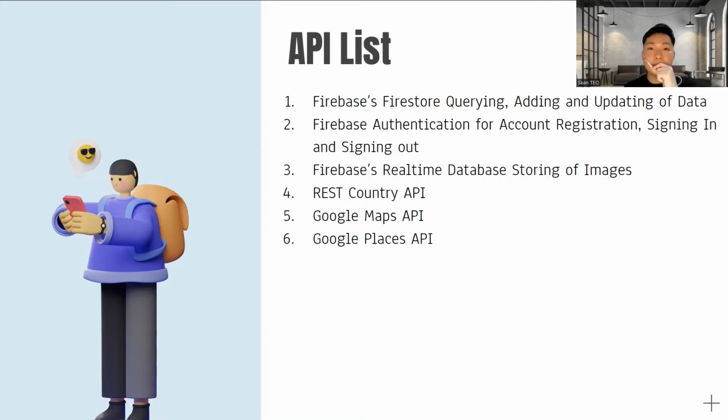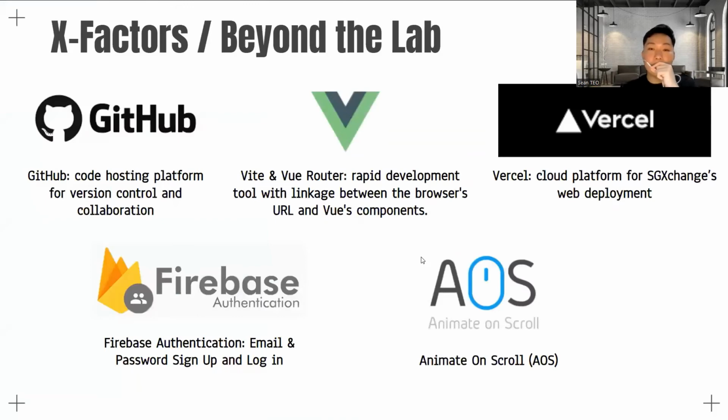Lastly, we also made use of the Google Map API and the Google Places API, where we integrated them together with custom-created components to generate dynamic specific attractions nearby to each and every university. Moving on to the X Factor or Beyond the Lab component for our application, we firstly use GitHub as a